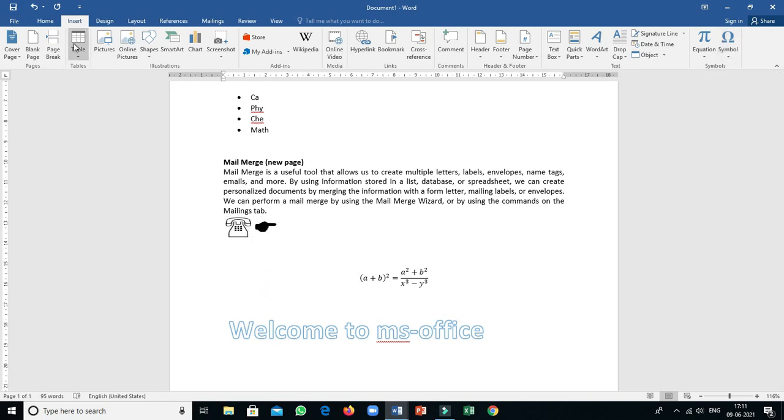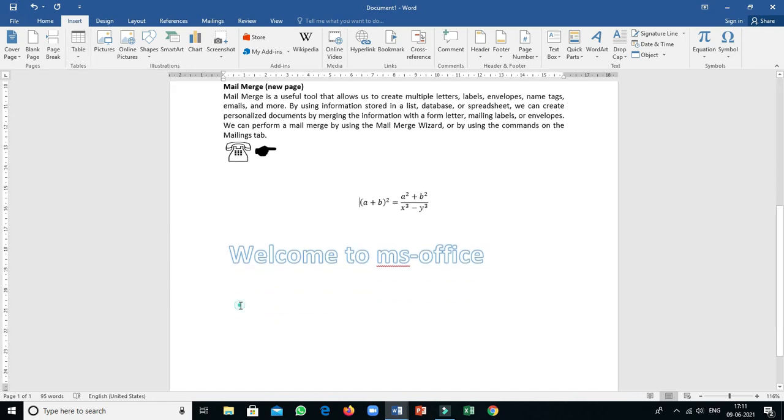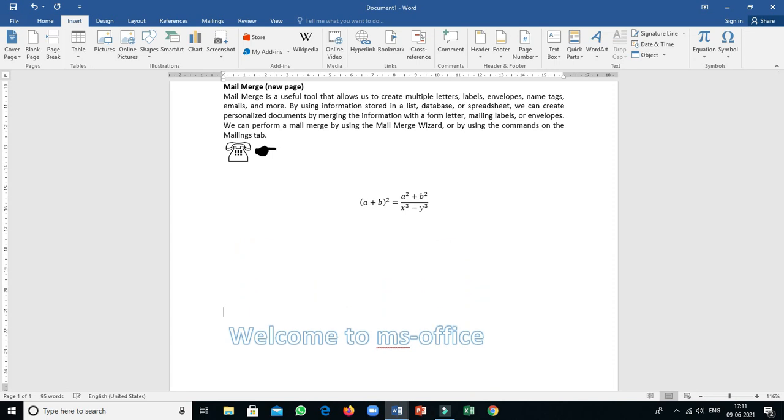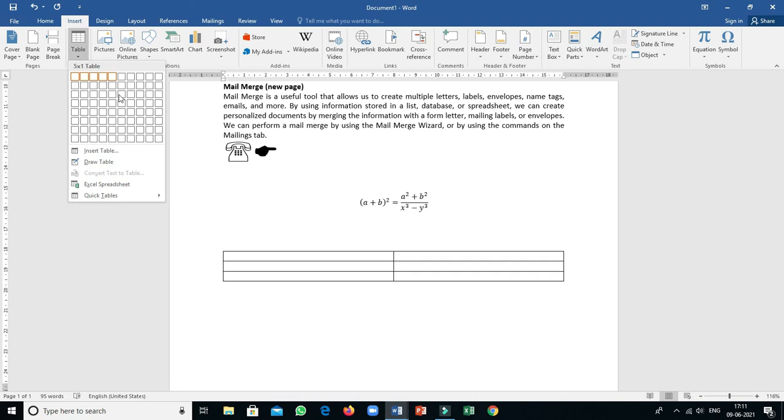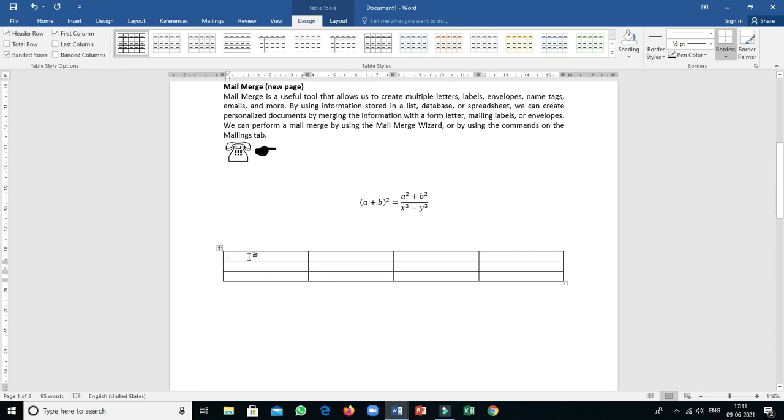Now here also the table option is there inside your insert tab. So for table, see how I should create a table. Position your cursor, click on the table option. Now here the format is displayed, so you have to move the mouse. Suppose I need 4 columns and 3 rows, so move the mouse to the 4th column, then down. Okay, now automatically on my screen 4 columns and 3 rows are displayed. When you think that this is finalized for you, then you simply click, and automatically your table is displayed.